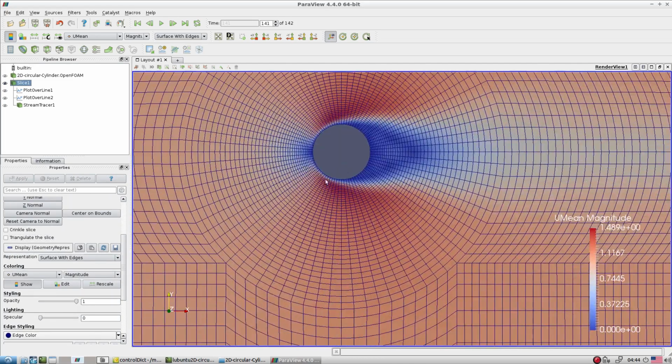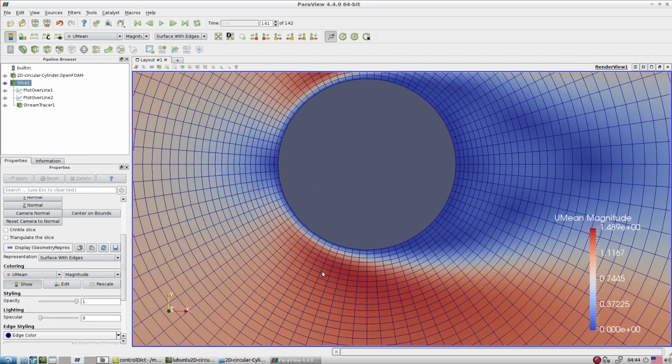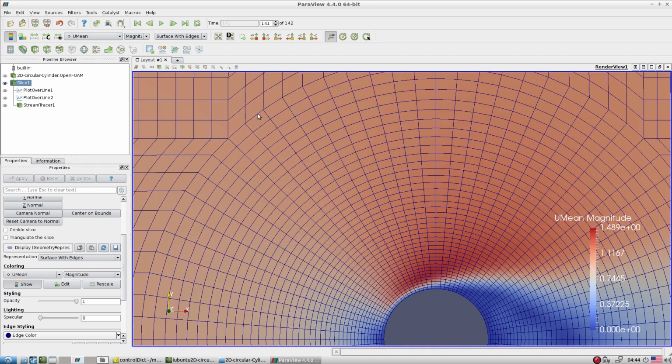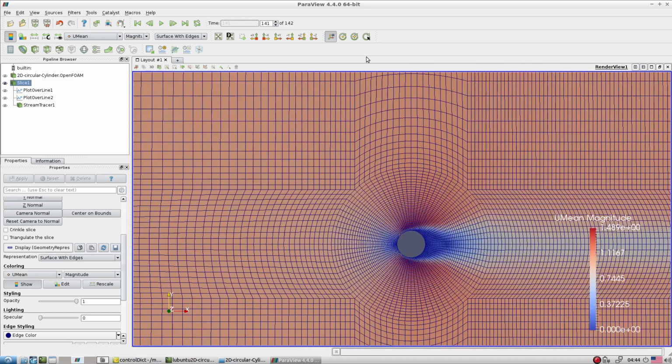Near the wall it is not that fine, so I suggest going with 10 to the power minus 3 as the grid size near the wall, and at the end of this circular domain the maximum size is something like 10 to the power minus 2. So 10 to the power minus 3 near the cylinder, 10 to the power minus 2 in this zone, and then respectively you can change the grid size away from this circular part.